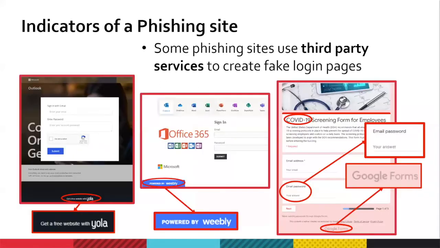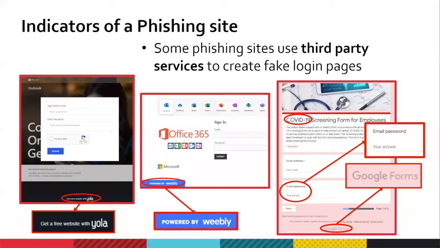Another one is that some phishing sites use third-party services to create fake login pages. I think if you've had enough experience on the internet, you might stumble upon advertisements like create a free website now with Wix, create a free website with Weebly. And sometimes, whenever you register for an online event or participate in an academic research survey, chances are you might stumble upon Google Forms or Microsoft Forms.